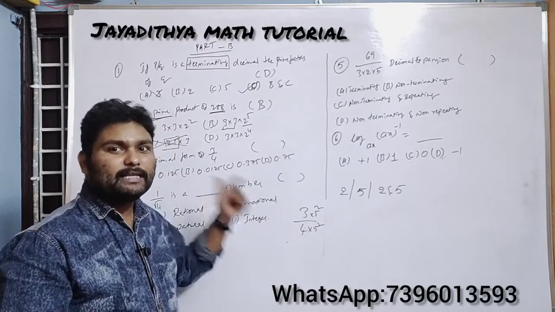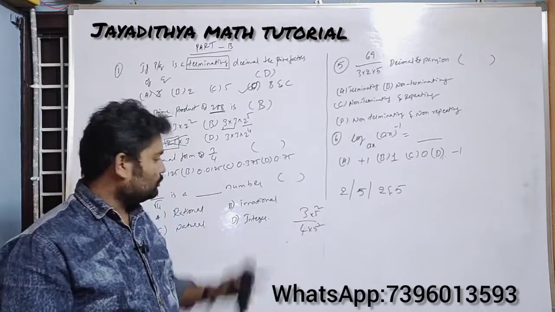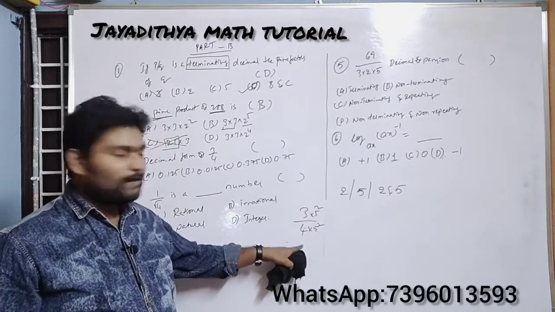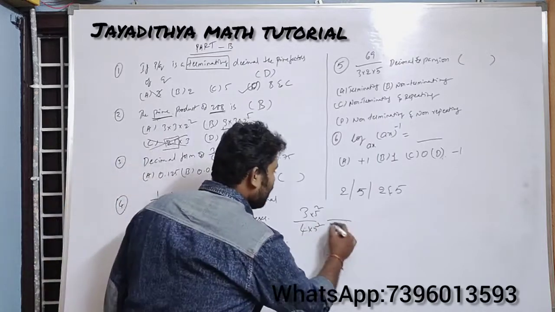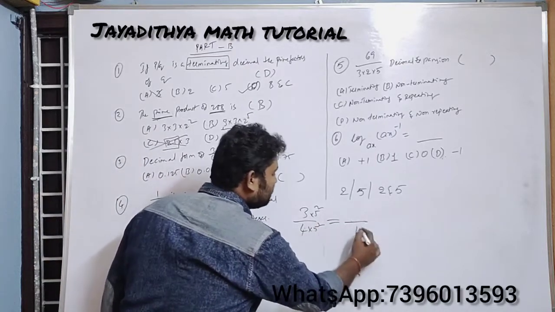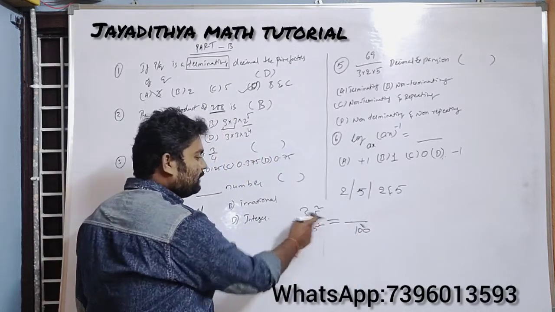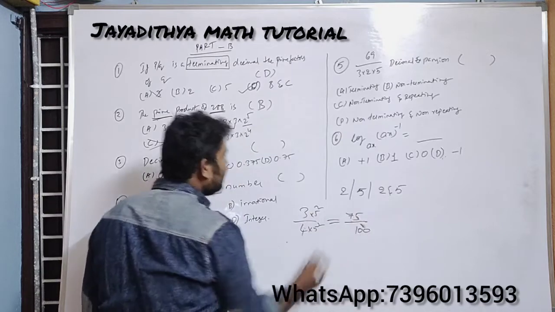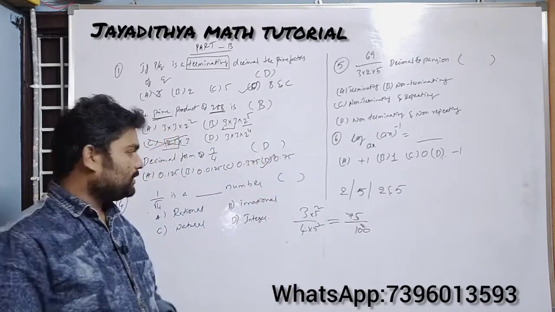Sometimes you may get a question in 1 mark or 2 marks: find the decimal expansion of 3 by 4 without doing actual division. So you should do this method here. First of all, you prime factorize 4, you will get 2 square. So you multiply with 5 square. Obviously here the denominator will be 2 square, 5 square, which means 10 square, which is equal to 100. And 5 square is 25, 25 into 3 is 75. What is 75 by 100? So the answer is directly 0.75. So here the option will be D.